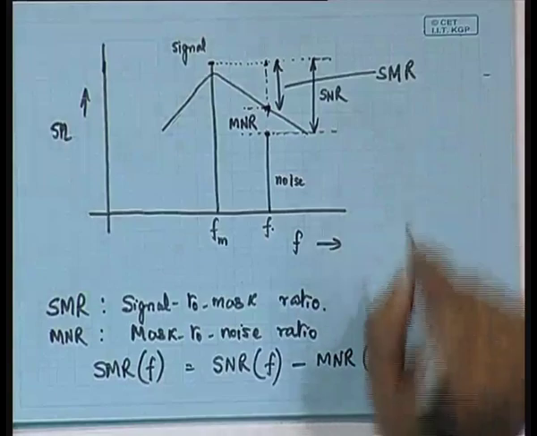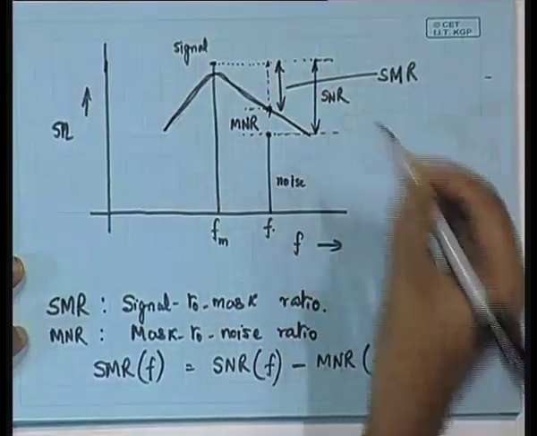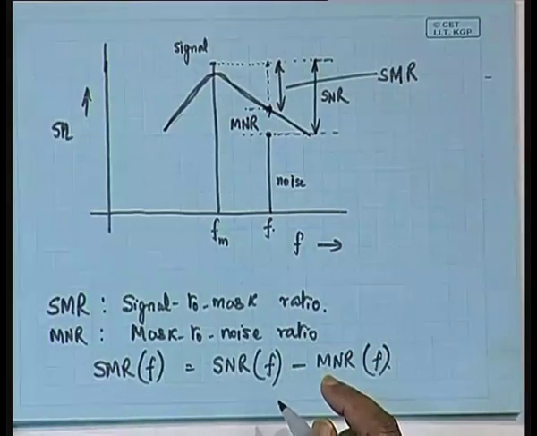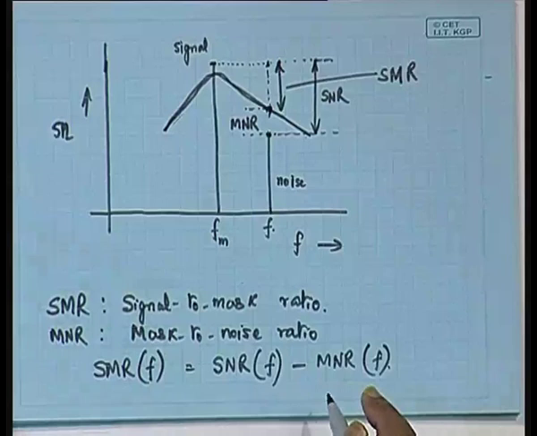The significance of the SMR is that whenever we are allocating the bits to the audio samples, we must have this SMR considered, because we must do the allocation in such a way that the SMR is maximized. That means to say that we must keep the noise level below the masking threshold. This curve is the masking threshold, right. So, based on that the audio codecs are designed.